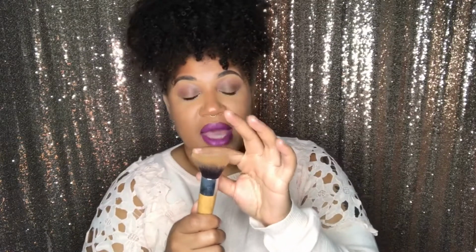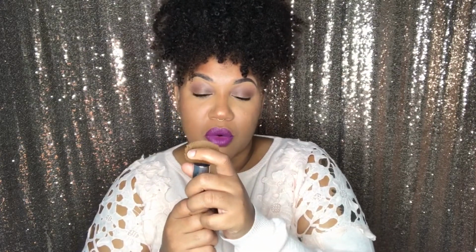The first brush that you are going to need in your collection is a flat top kabuki brush. This brush is essential for applying foundations. It does have a flat top to it, as you can see, and the brushes are typically a little bit more compact, more dense on top, and easier to move liquids and powders around in your face. I use this to apply my liquid foundation,